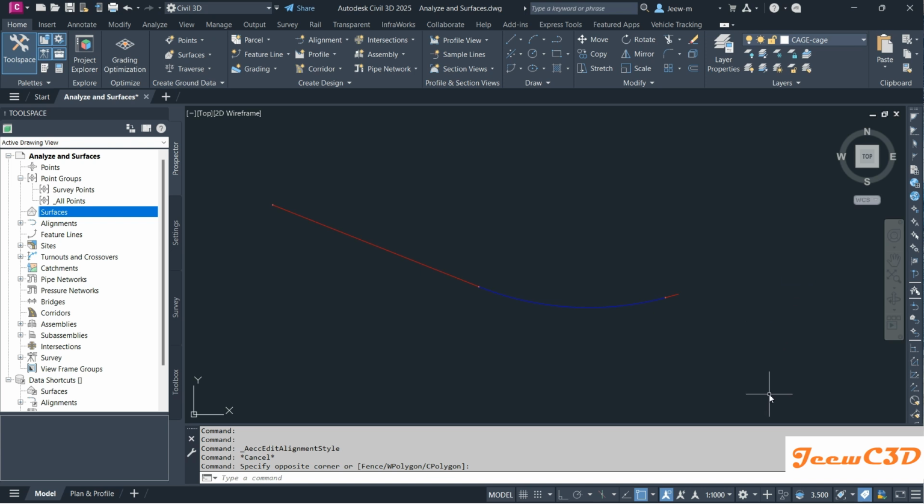Hi, in this video we are going to look at how to add arrow labels to the alignments. Arrow labels means the direction arrow. It points to the direction where the alignment goes. So if I see this alignment, I have the alignment but I don't know from where to where this alignment